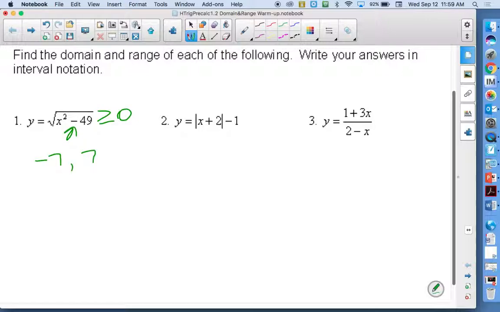Because -7 squared is 49. 49 minus 49 is 0. +7 squared is 49. And 49 minus 49 is 0. So when you solve that little equation, you get -7 and 7. So if you're not relying on your calculator,